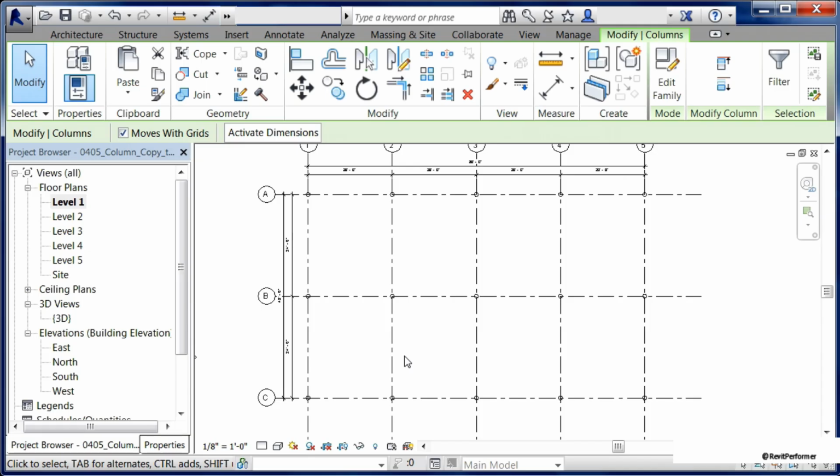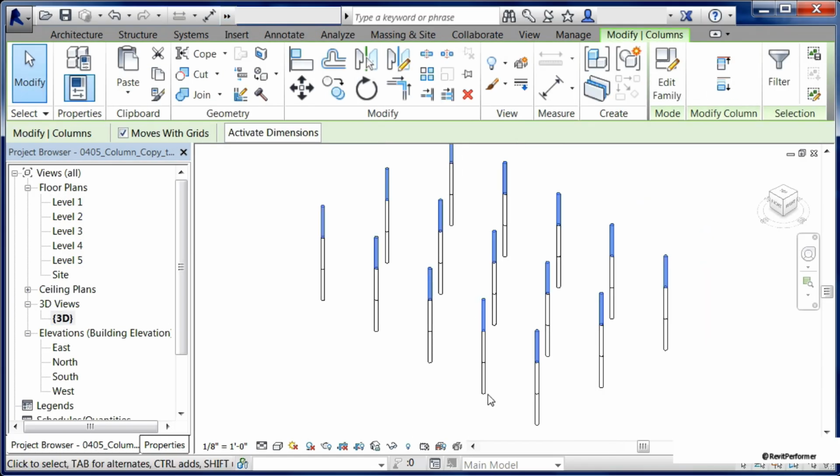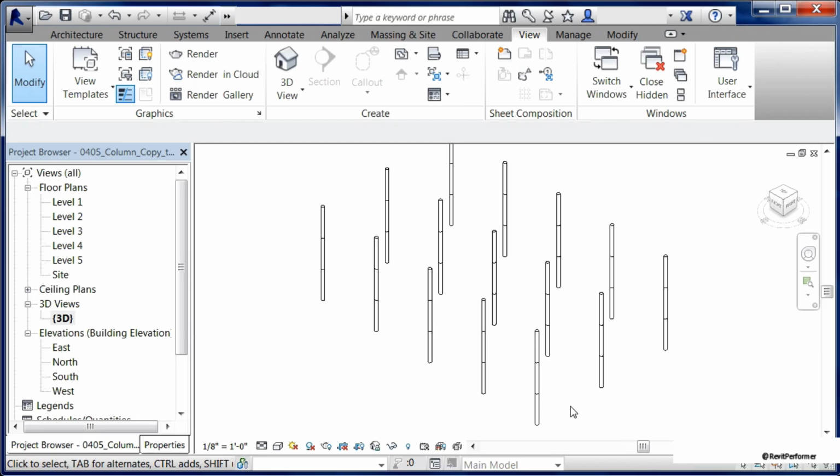Now initially on your screen you might see Revit think for a couple of moments, but you won't see any changes, and that's because those changes have now occurred on the upper two levels. If we look at this in a 3D view though, which you'll remember you can either come up to your 3D house and select on that, or under the project browser under 3D Views, double-click on 3D, you'll now be able to see those columns have been copied up from floor to floor.